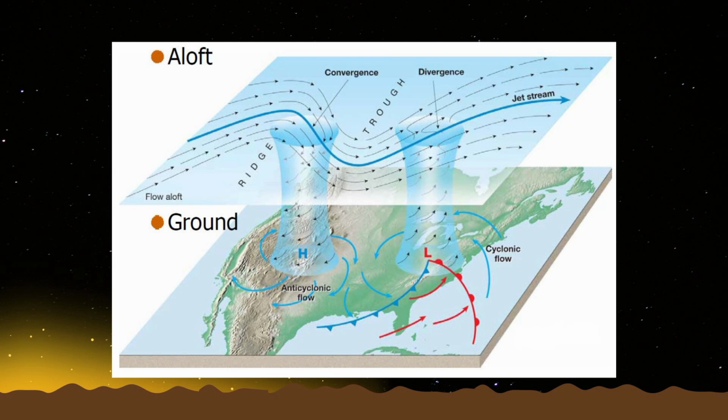We have the ridge, the trough, the convergence, and the divergence. When we say ridge, it is the northward bulging curve in upper level airflow. This curve is often linked to warm, stable air and can bring clear weather at the surface. It is believed na if ang flow ni jet stream is mag-form og ridge, then it means there is a presence of warm, stable air.